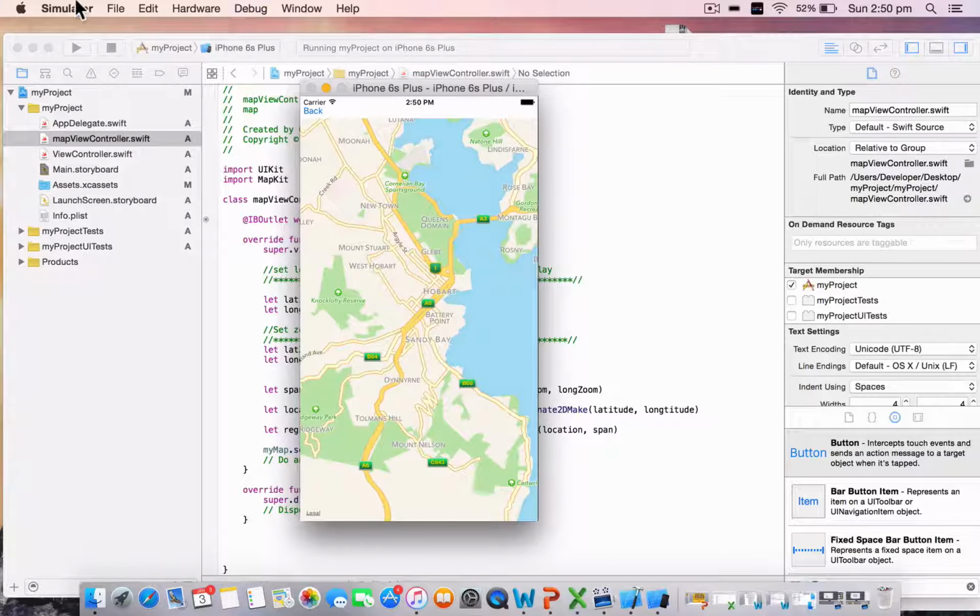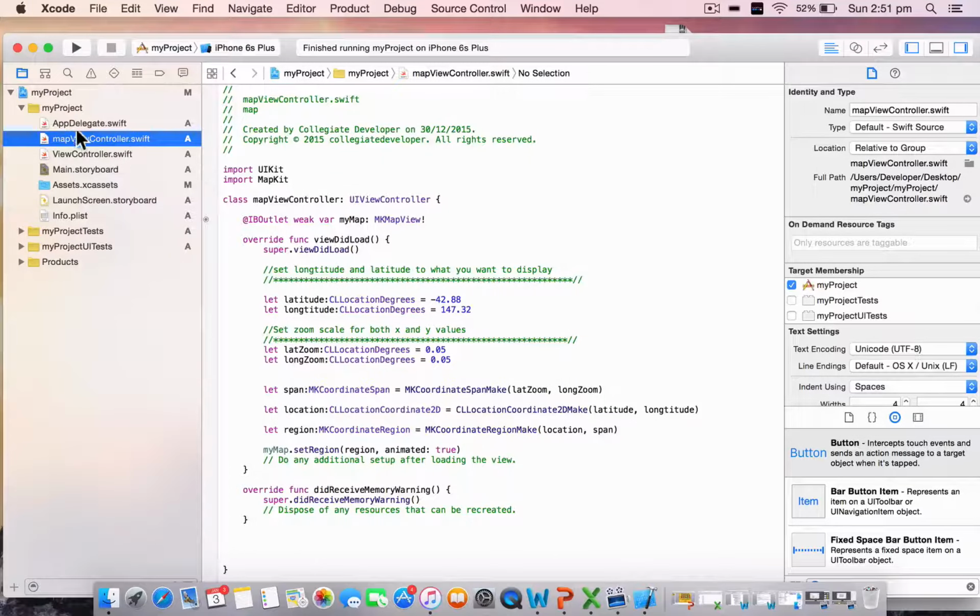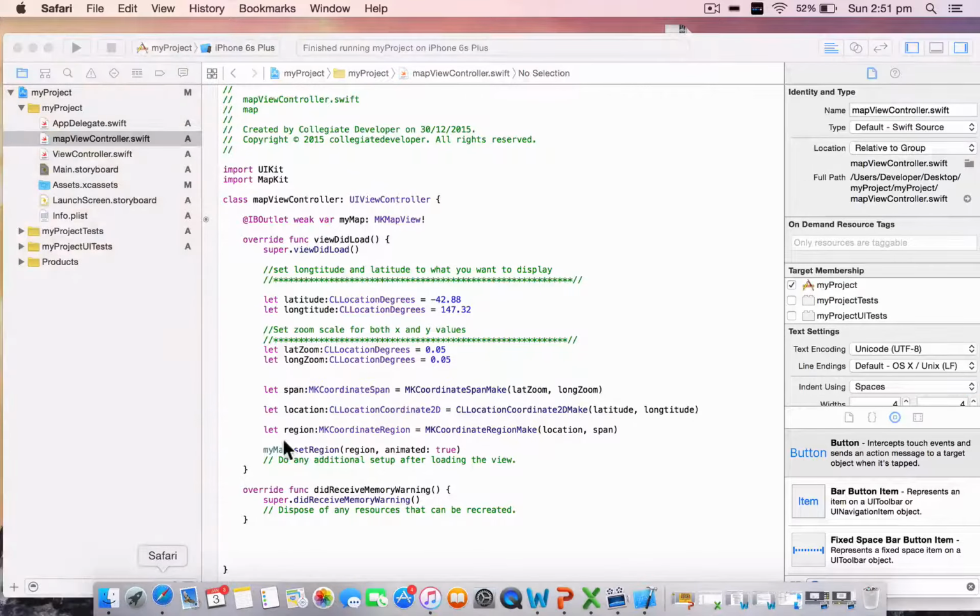which probably isn't where you want your Google Maps to be. So quit the simulator, go back to the My Map view controller, and look down where you see all of these stars. That means there's something that you need to edit. And you can see the latitude and longitude. This is set for Hobart. You need to enter in your own latitude and longitude. How you do that is you get that from Google Maps. So if we open up Google Maps,